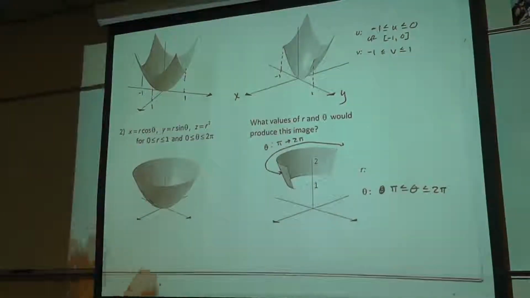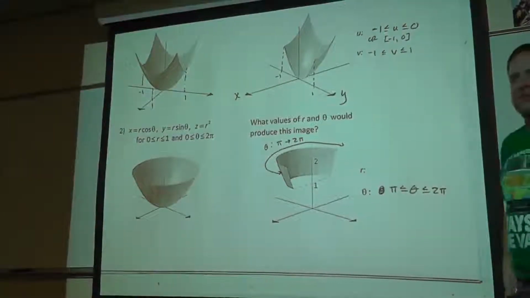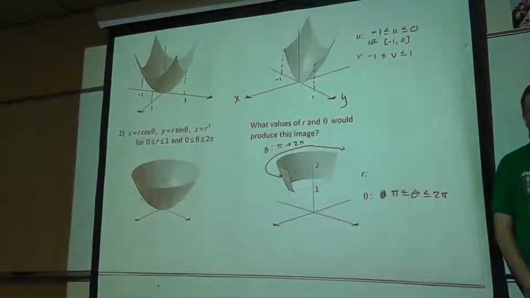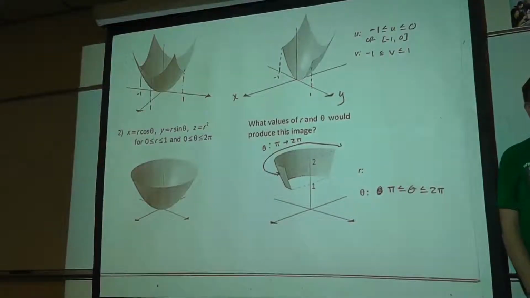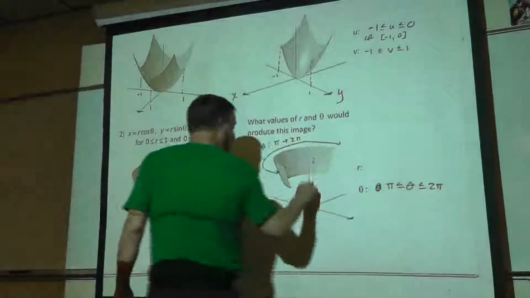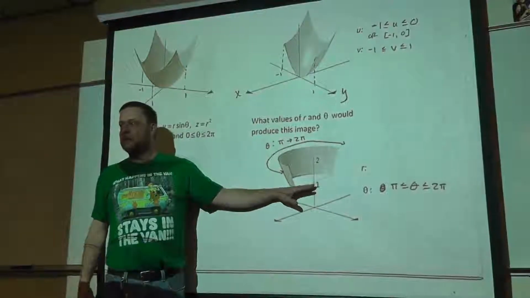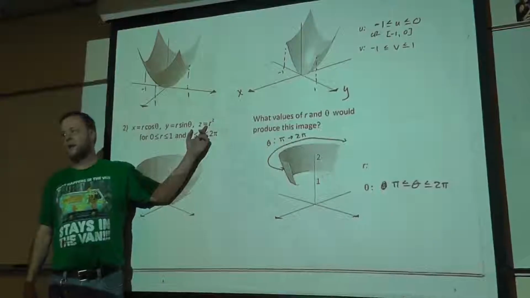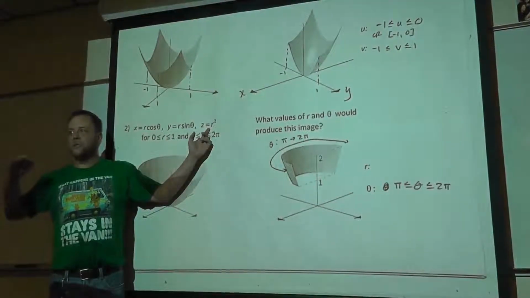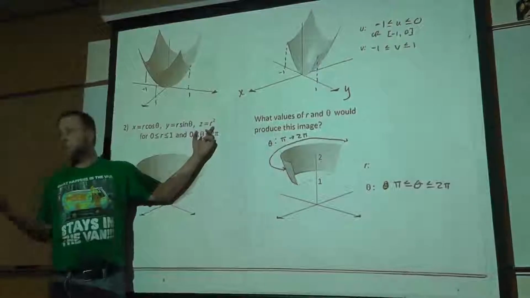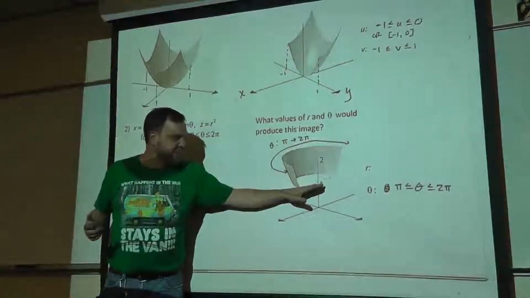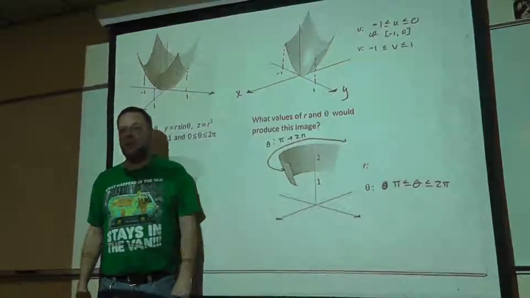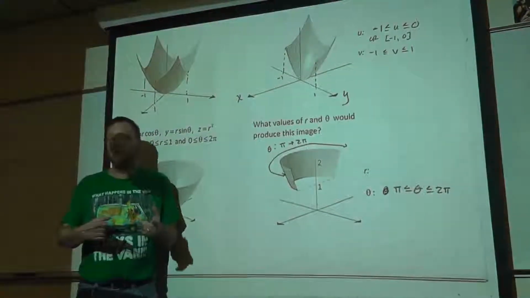But then double check your r values. It's really tempting to say r goes from 1 to 2, but anybody speculate something else for r? Square root of 2? r squared spans from 1 to 2, because these are actual z values. You're cutting the bottom at z equals 1, the top at z equals 2. z does not equal r, z equals r squared. So when the bottom value is z equals 1, that would correspond to r squared equaling 1. So your first r value that produces that bottom part would be r equals 1. So that's right. But what's the top part that's going to give you a z value of 2? Square root of 2. Yeah.